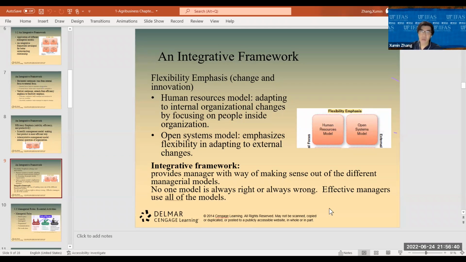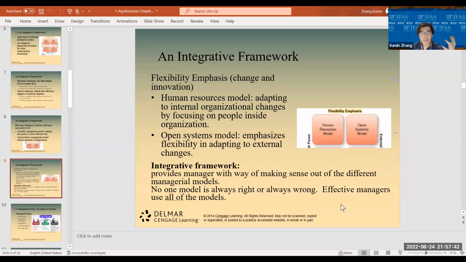Why integrative model? As the manager, we should not stick with one model or one theory. We needed to put them together. All right. We put this into our toolbox. My company is working on productivity, efficiency, and then what I needed to focus. Now my company is trying to encourage some new technology, new ideas, and then how we can motivate the people. When we talk about motivation, most of people will think of money. But the money is not the only thing, or money cannot always, all right, motivate the people.